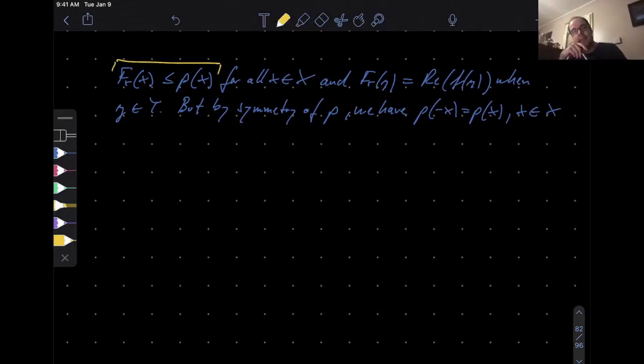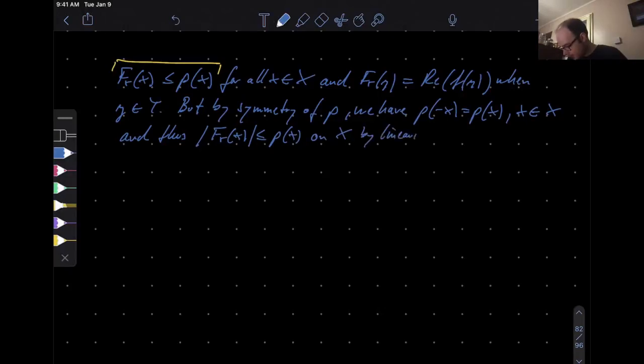So besides that yellow inequality up there, you also have that minus f_r(x) is at most p(x). But these two combined together say that the absolute value of f_r(x) is at most equal to p(x). Okay, so let's write it down. And thus f_r(x) is at most p(x) on X by linearity, just as I explained in words,